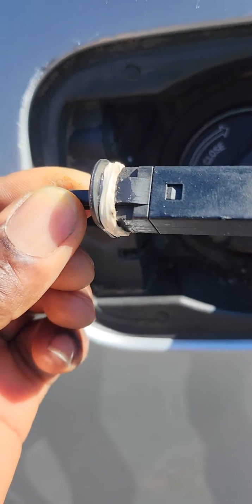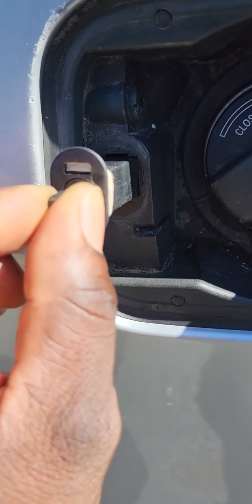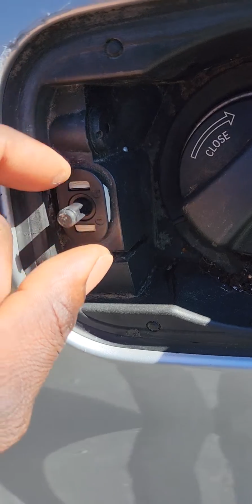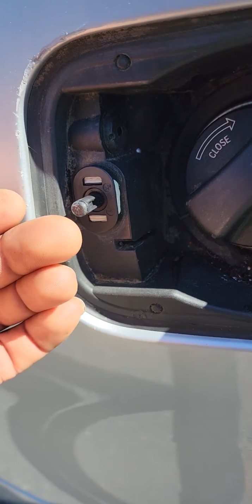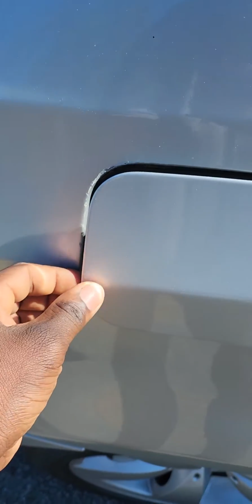So what I do, I put some crazy glue on the elastic band so it can stick to this piece right here. So all I need to do is just put the glue on it and keep the door shut for about 25 minutes or maybe less until the glue dries, and then you will be able to lock and unlock your gas tank cover,